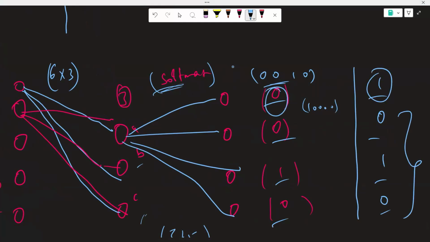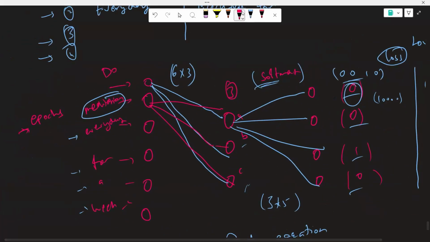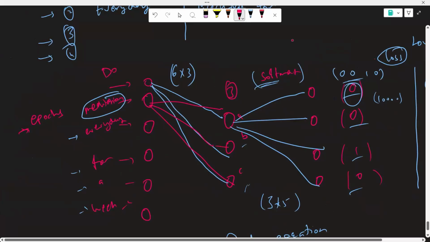So loss will be computed, right? Because back propagation works on the logic of loss. You'll compute the loss, you will see if the loss is high or low. In this case, the loss is low, right? Based on its working, the neural network will try to reduce the loss. So it will try to reduce the loss, it will back propagate.